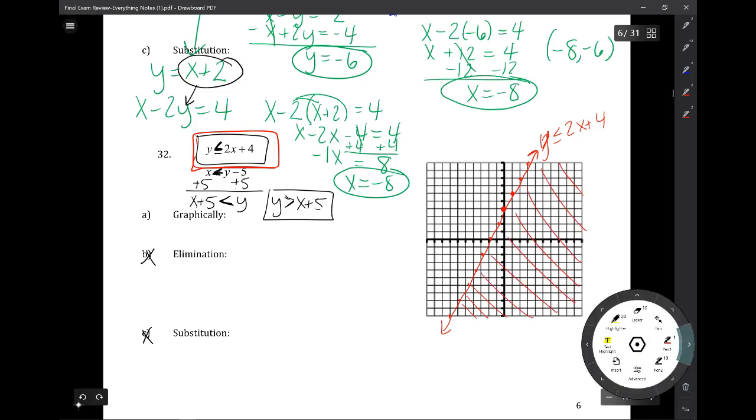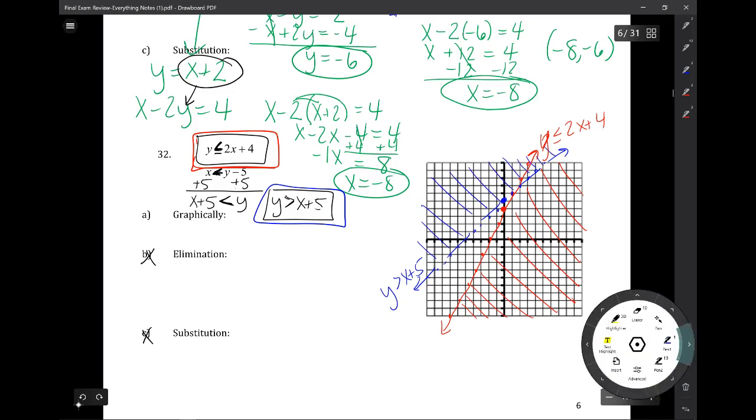All right, let me switch to my other color. Let's do blue. I'll do this one in blue. This one has a y-intercept of 5, so 1, 2, 3, 4, 5. This one has a slope of up 1/1. And this one actually is greater than, but not equal to. So this one's going to be a dashed line when you connect it. And because it's a greater than symbol, we're going to shade above,